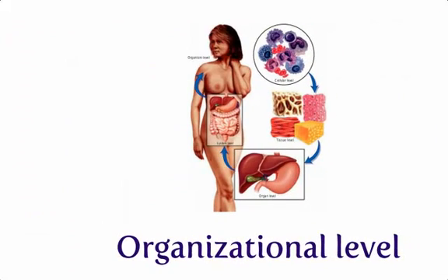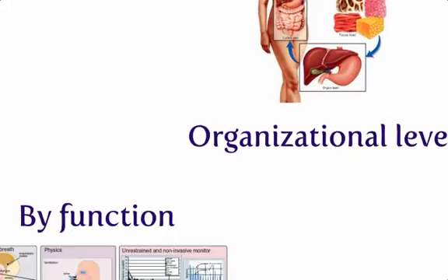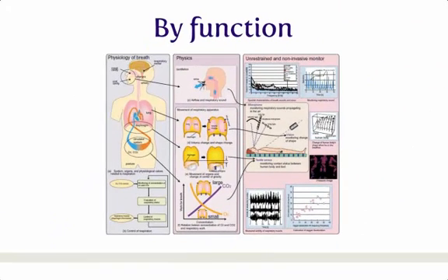So we can talk about physiology at various organizational levels of the human body. Some people study the physiology of a particular tissue. Some people study the physiology of particular types of cells. Or people talk about and study physiology based on function. For example, respiratory physiology, which is the physiology of the respiratory system, or digestive physiology, which is multiple organs and